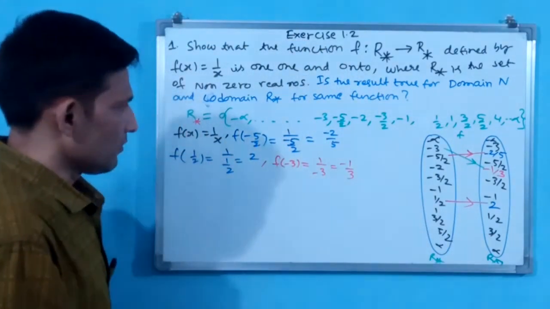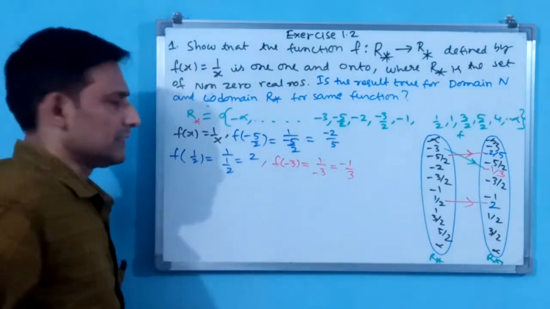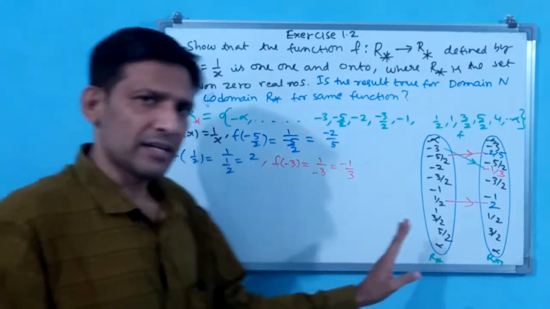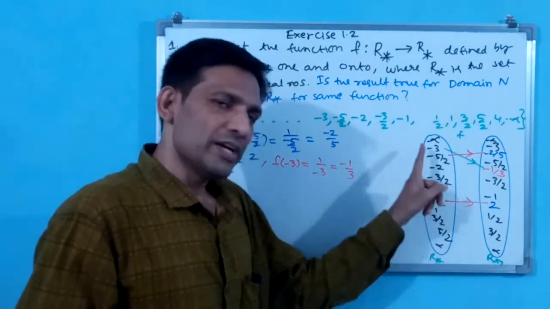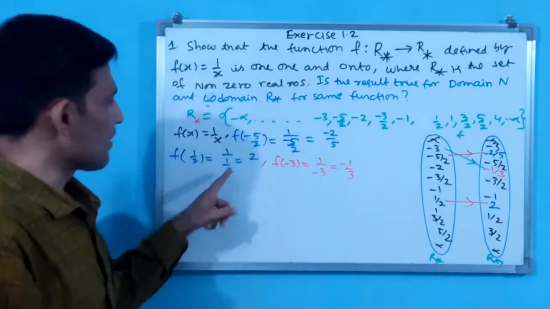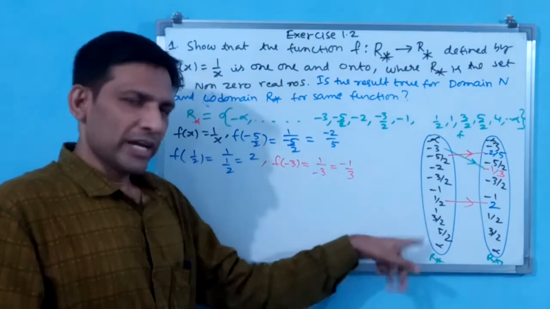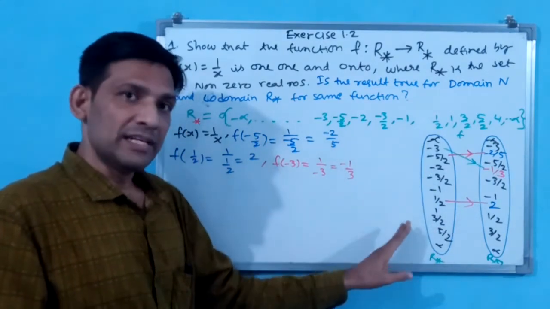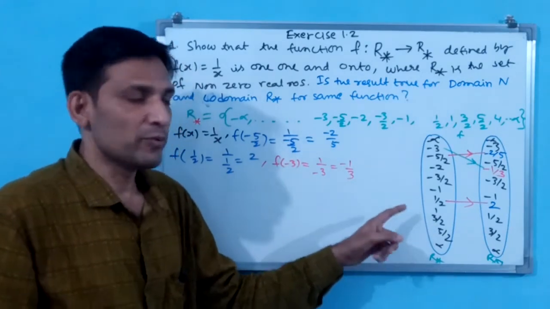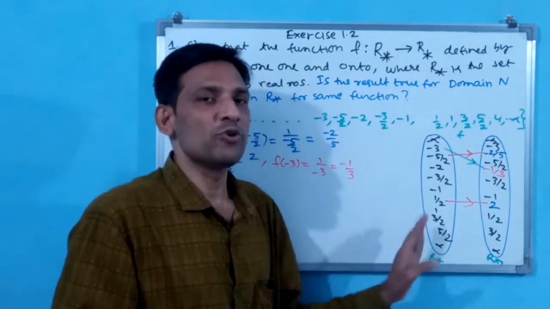Okay, now we stop and see the reversal. Is this a function or not? Can you take everything from this side or not? Why? Because see, 0 is not there. 1/0 is undefined. That is why we cannot take it. If 0 is available, then this is not going to become a function, because 1/0 you cannot take. If you have not taken it and 0 is left on this side, then automatically this is not going to become a function.